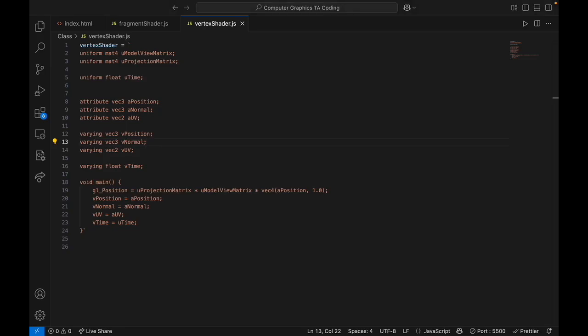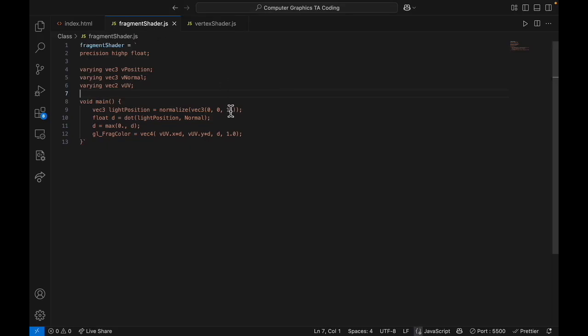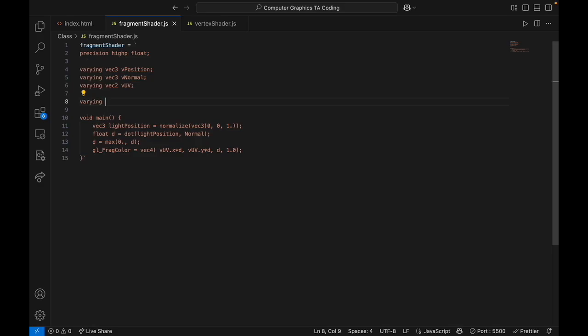All right. So yeah, that's it for the vertex shader. I hope it makes sense why we're passing these. So then we'll move on to our fragment shader. In here, we want to do our varying float v_time, so we can get it from our vertex shader. But then in this first one, we're gonna do sine of v_time